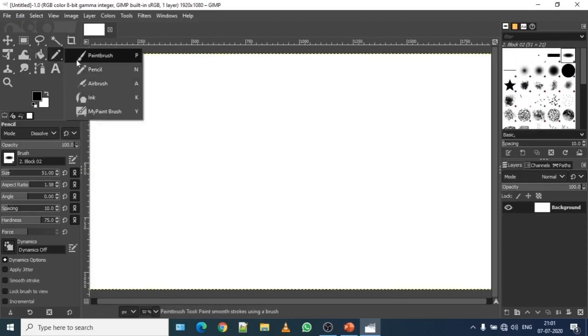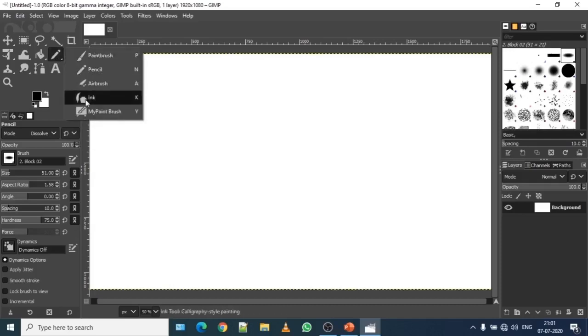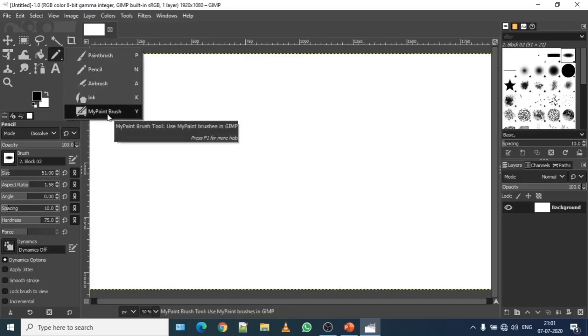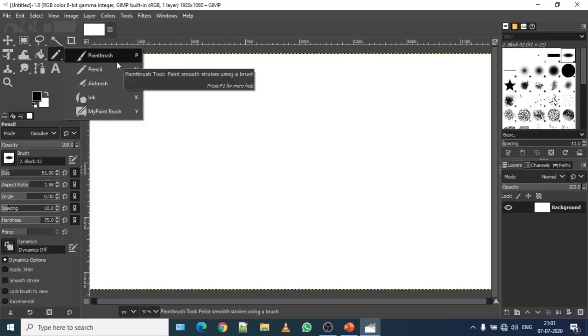See, if you right click on this pencil toolbox, you will find different options to create your drawing. So paintbrush is the one, pencil, airbrush, ink, my paintbrush. So I will use pencil tool or simply press letter N for pencil. You can also select paintbrush by pressing P on your keyboard.